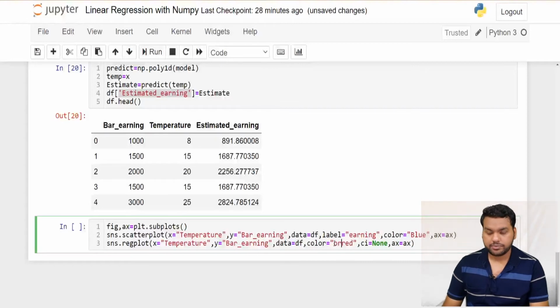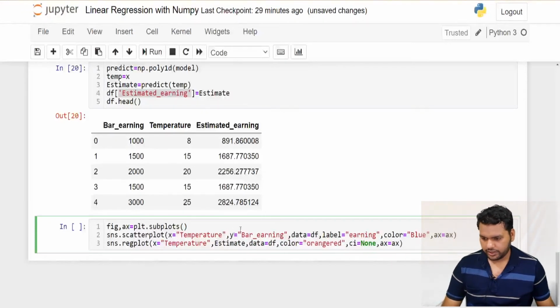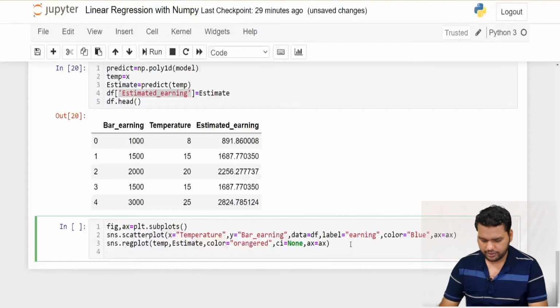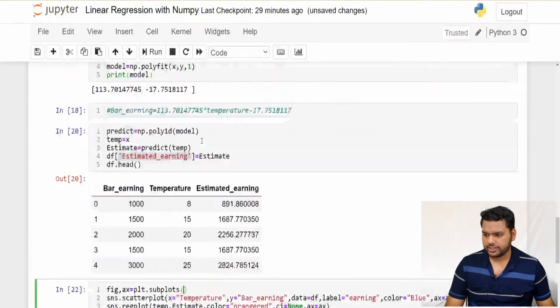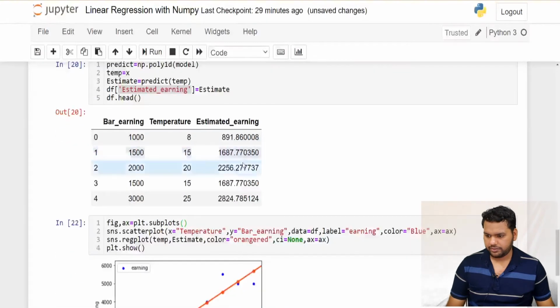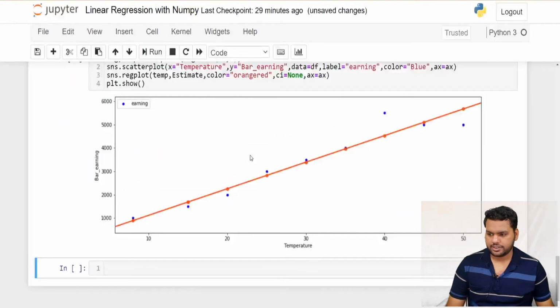Here just change the name, so orange red, and here we can give the estimate, and no need to give data here. And here we give the temp, and perfect. plt.show. Yes, it's perfect. We can mention the figure size here again. So we have a nice visualization. We have the big figure. Yes, this is now perfect.